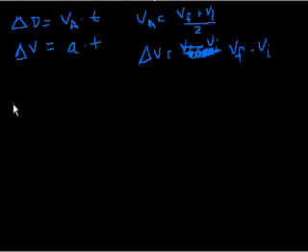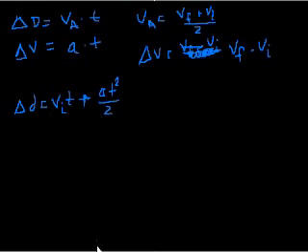Change in distance, let me change it to lowercase d just to confuse you, is equal to the initial velocity times time plus at squared over 2. That's one of what I'll call the non-intuitive formulas. And the other one is that the final velocity squared is equal to the initial velocity squared plus 2ad. We've derived all of these, and I encourage you to try to rederive them. But using these two formulas,